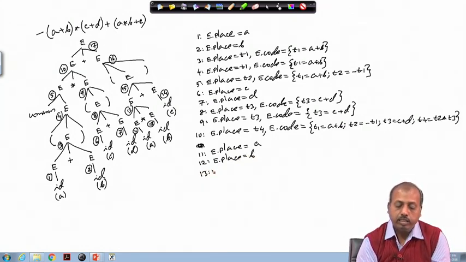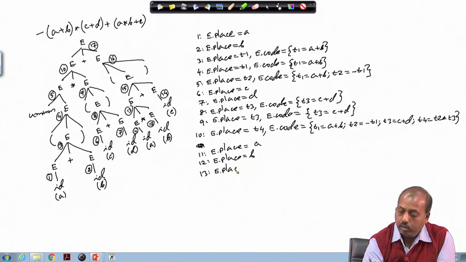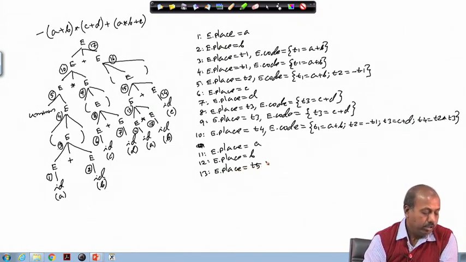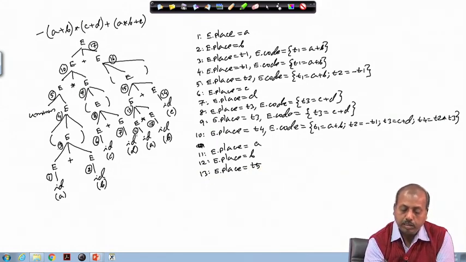Reduction number 13 is E star E. So, I have to get a new temporary, E dot place equal to T5. Now, I have to have the code part.